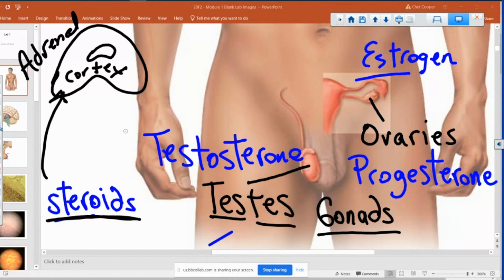Is it a steroid? Is it not? Eventually you'll know. Right now we don't have a clue. We haven't even talked about them. But there's 3 hormones from the adrenal cortex that make steroids. And then there's estrogen, progesterone, and testosterone from your ovaries and your testes. Every other hormone